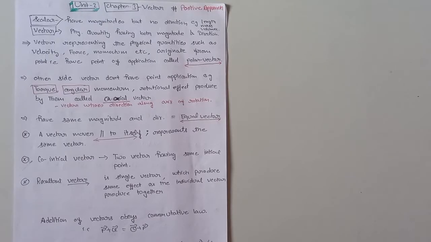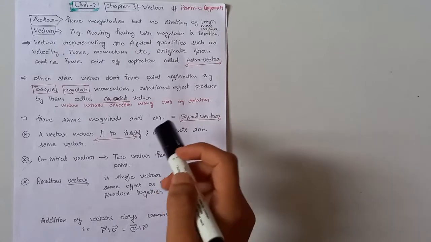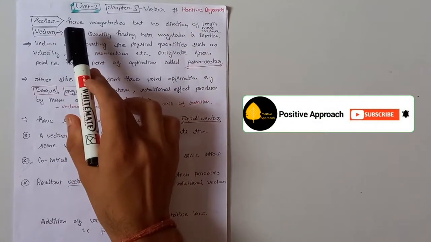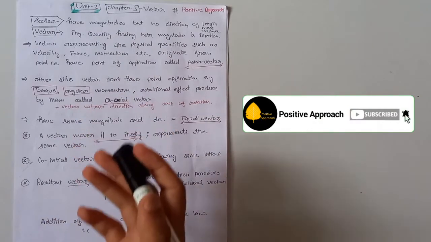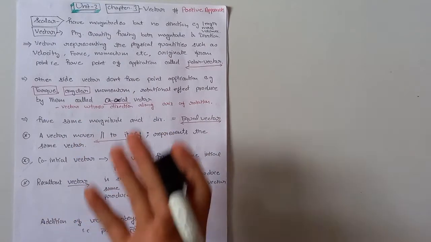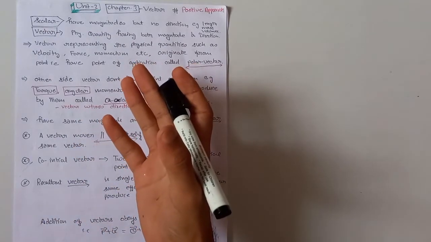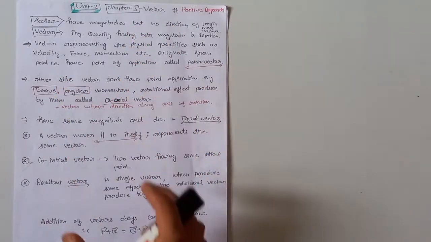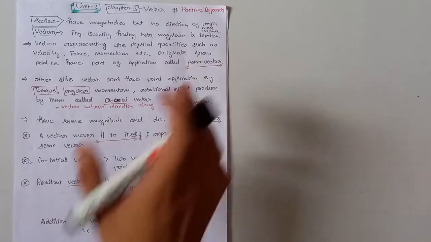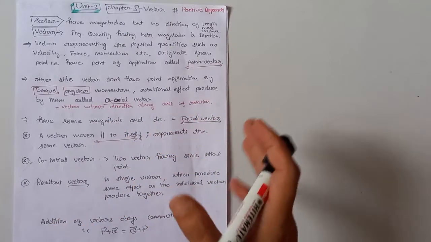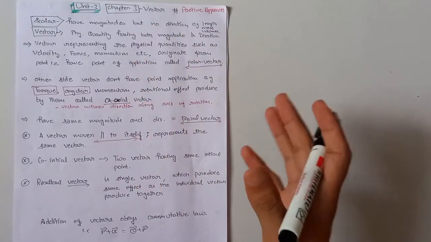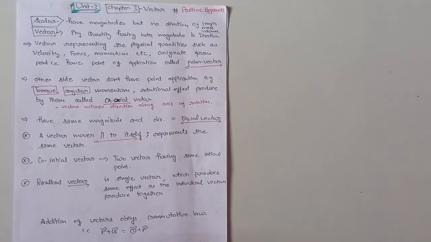This is Nitesh Bhardwaj. Today we are going to discuss our third chapter. The chapter name is Vector of Unit 2, Kinematics. Here, first of all, we will discuss some key points of this chapter, vector, which are very important. So I suggest you write down all these notes, all these key points, and after these key points we will discuss some numerical examples of this chapter, vector. So without wasting any time, let's start.